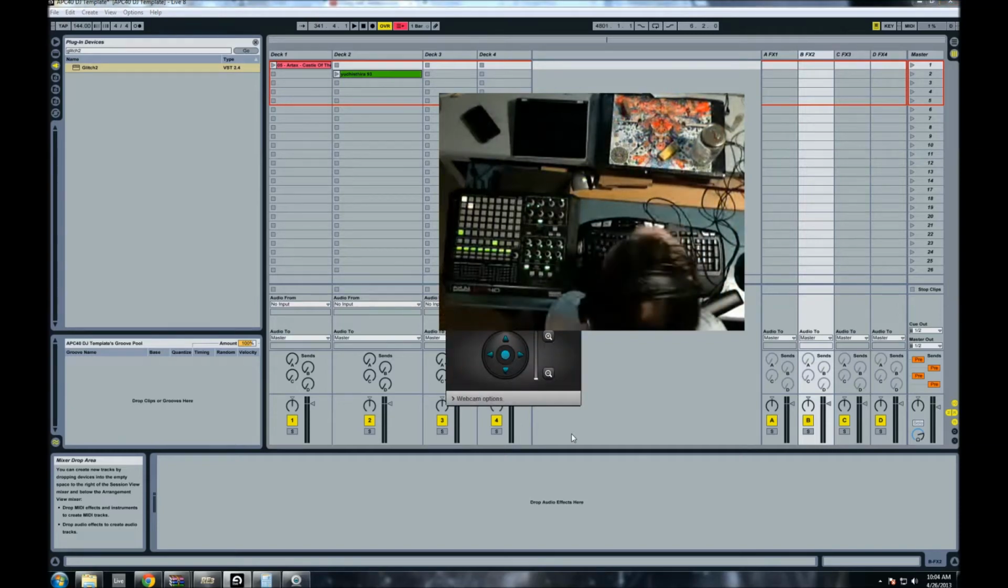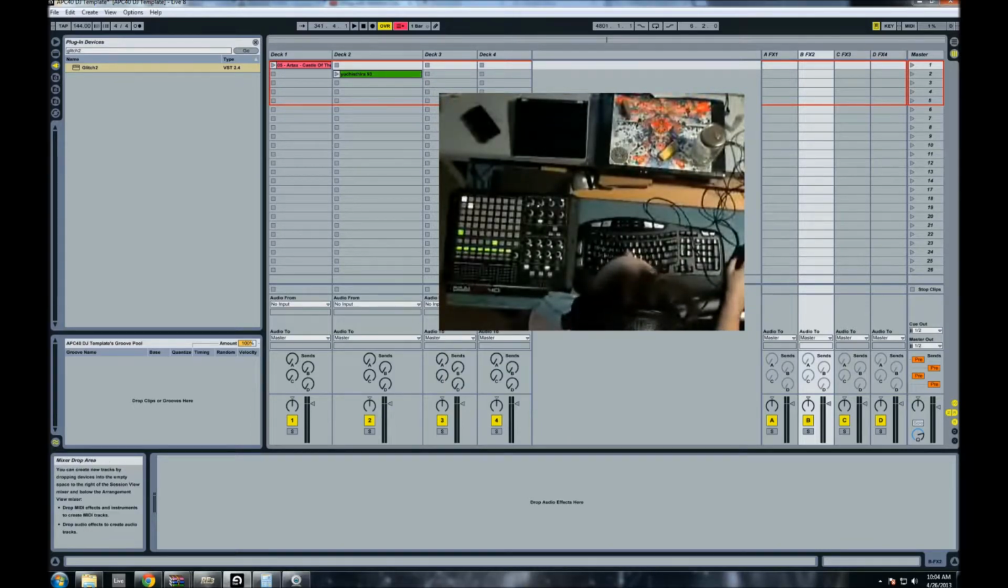Hi there. So there were some questions about how exactly do you set up the send return effects in the DJ template, and how do you use them creatively. So I'll just do a little session on that. So I have the template that I made, but without anything in the effect slots here, and I just have